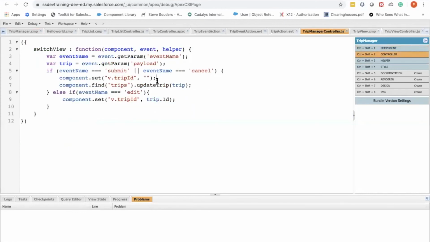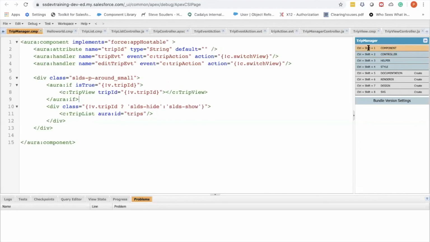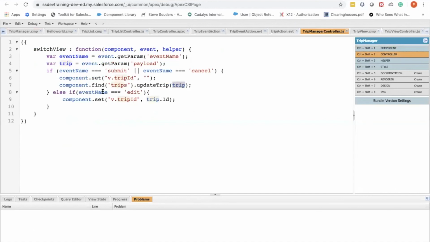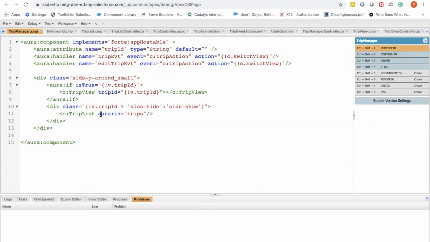And in addition to that, we have also exposed a method on the component. If you compare a component with a class, it has member variables and member functions. So attributes act as member variables, and similarly we can expose a function on a component. What I'm trying to do here is update the trip back, right? So I have exposed a method called update trip, and I'm passing the updated trip information. Now, if you see here, component.find of trip, I have an ID over here, ID equal to trips. I'm finding the component.